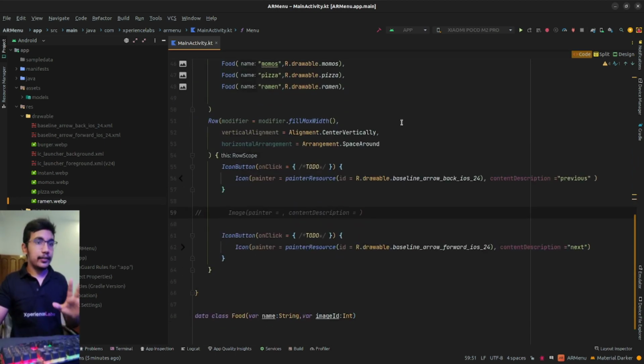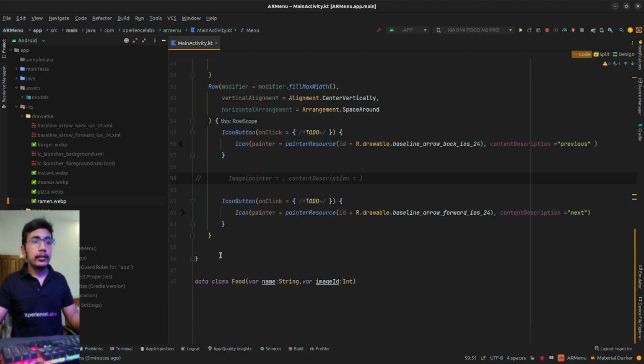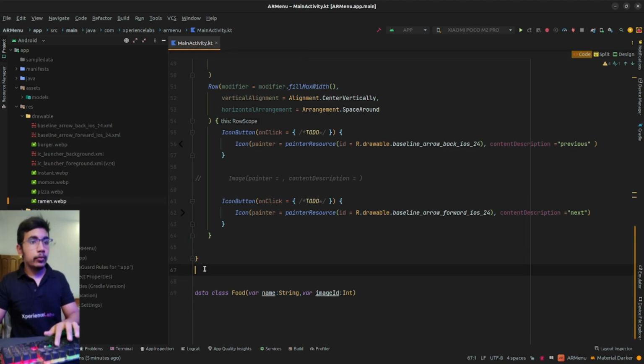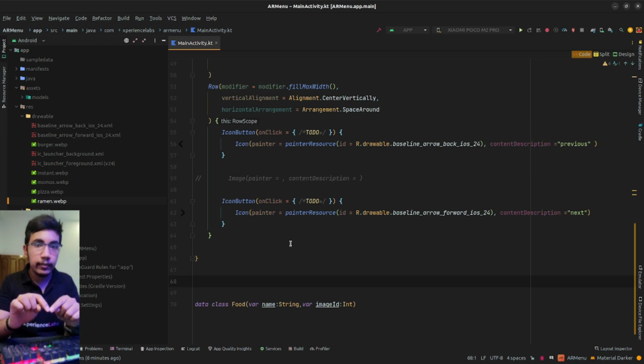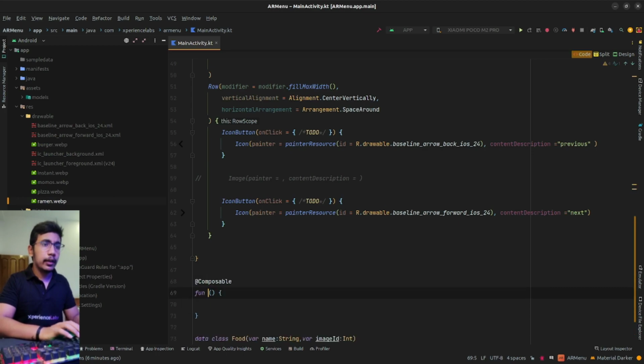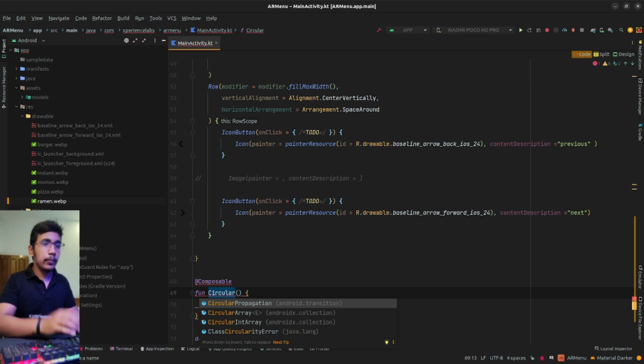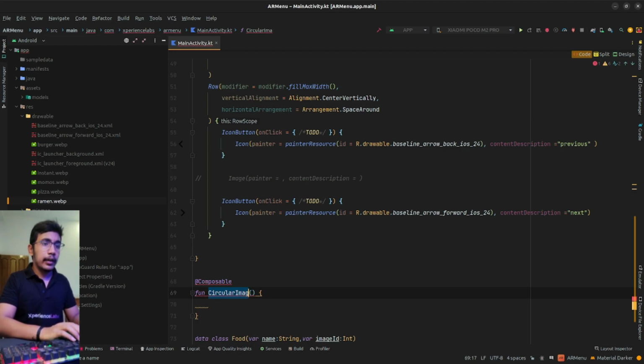I think the most important part is left, that is that image. So let's get our image done. I think it is really a good idea to create a new composable for the image, because we need some circular shape for that image, or to add some borders or some effects. So it is really a good idea to create a new composable for that. And now we will create a circular image. It is a reusable composable, you can reuse it anywhere you want. Circular image. It will take a few things